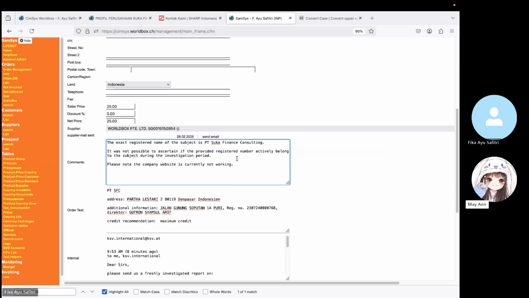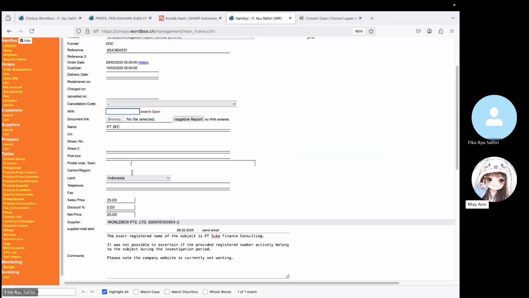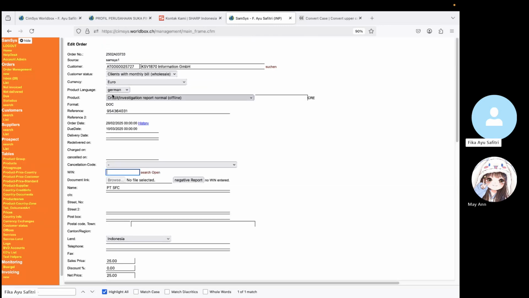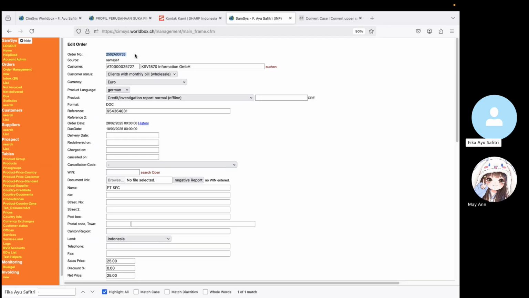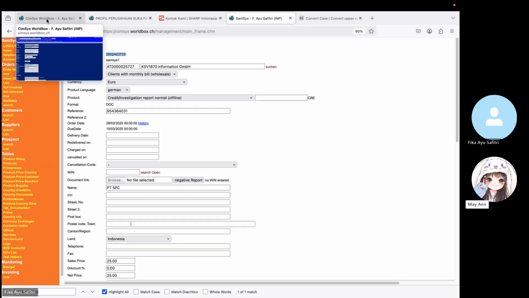One moment. Oh yes, we have linked the WIN here. Then you can copy the order number. Hold on, the WIN here, this one? Oh, why is it not yet linked to yours? One moment. I check the order number. My order number here is 2502A. What is your order number? It's 3733. Oh, I was the one who added it.